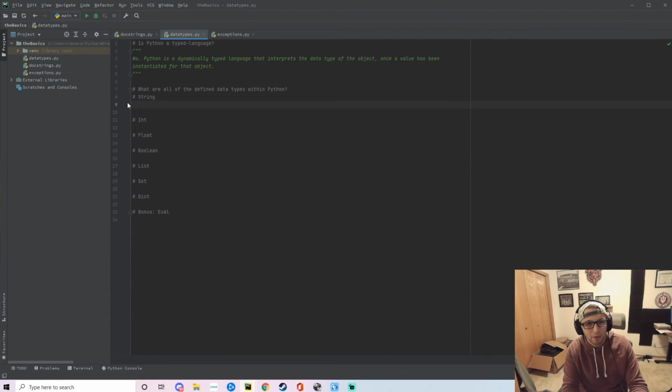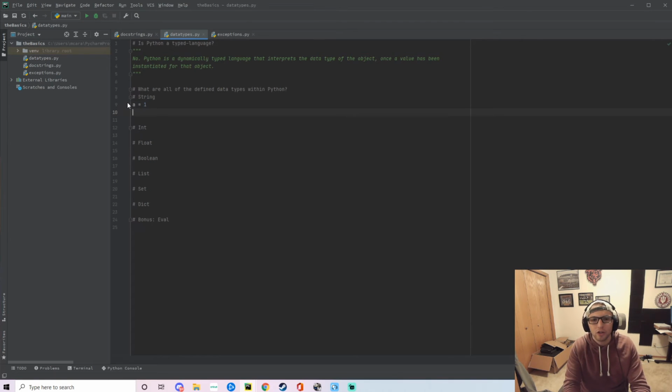Before I jump over to the next part, I do want to talk about how you can typecast to a string. Let's say that you had a equals 1. You wanted to typecast a as a string value. They have a built-in function called str, which is in the Python standard library, where it converts whatever object you're passing in and translates that into a string value. If it does not have a proper object being passed in, it does give you, I think, a value error or a type error. Feel free to check me on that one.